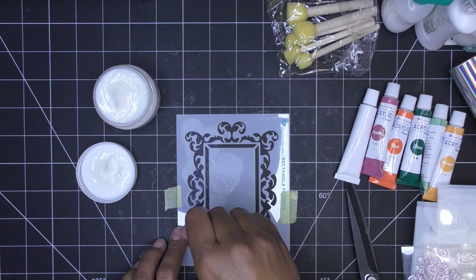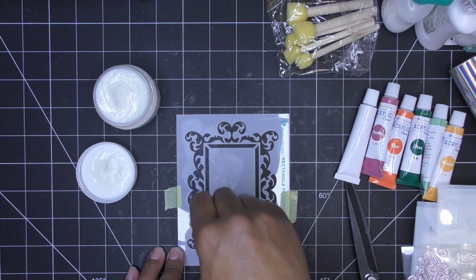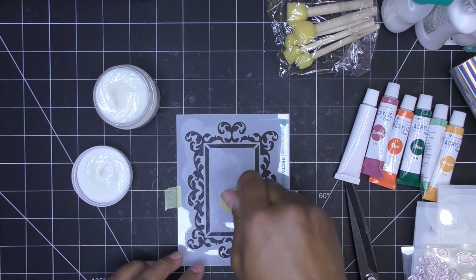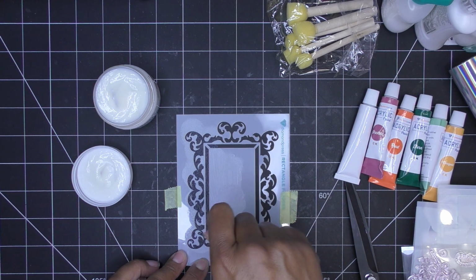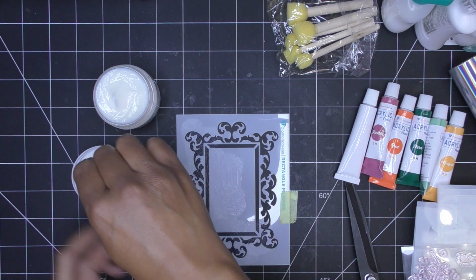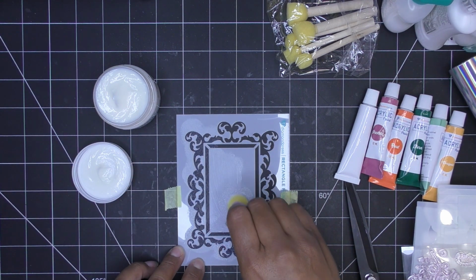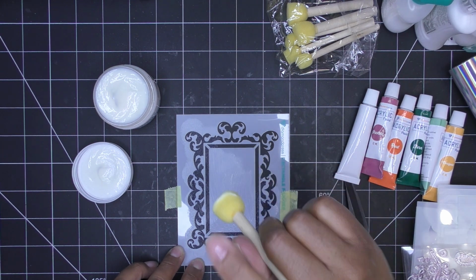Because sometimes if you apply it real thick in some areas and thinner in others, some areas are going to dry, they're going to be ready before the other areas. So I still try to apply it pretty evenly. But again, you can use that whole spatula and apply it real thick. What's nice when you apply it real thick is it just has like a